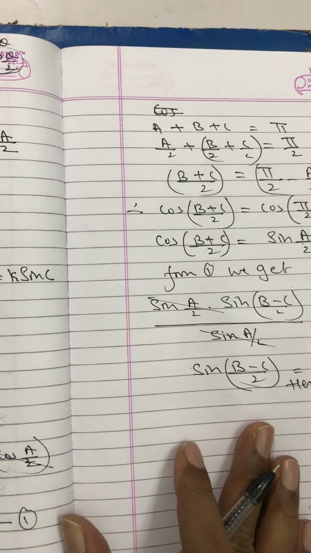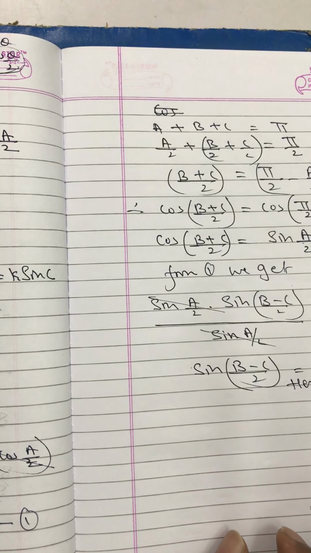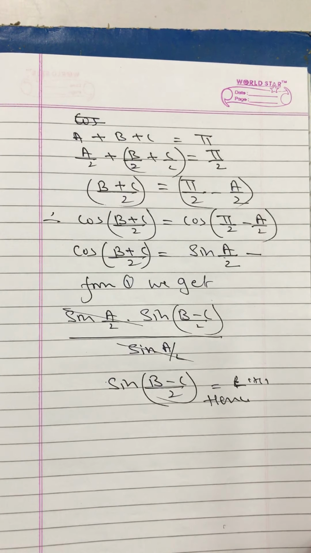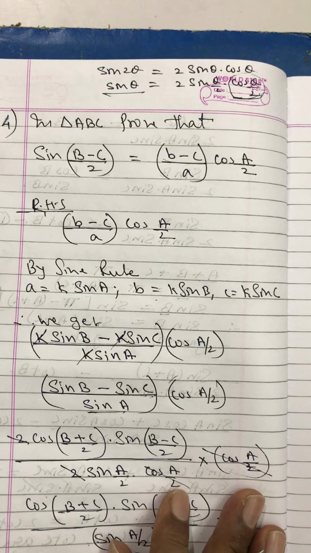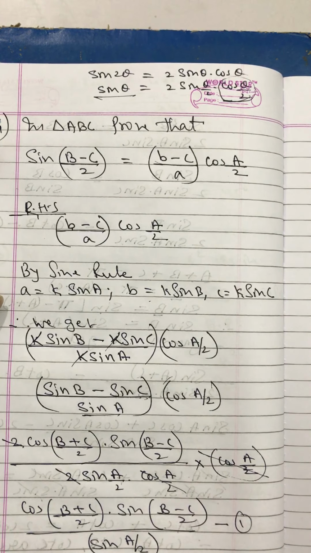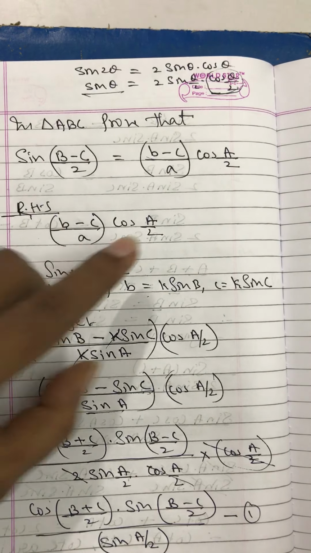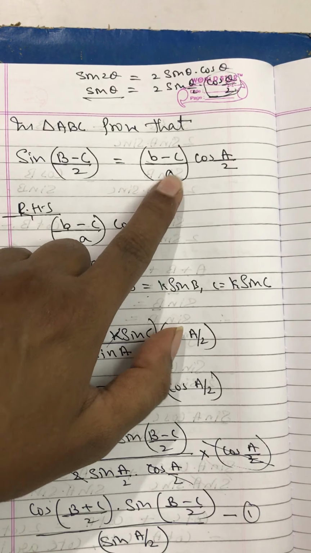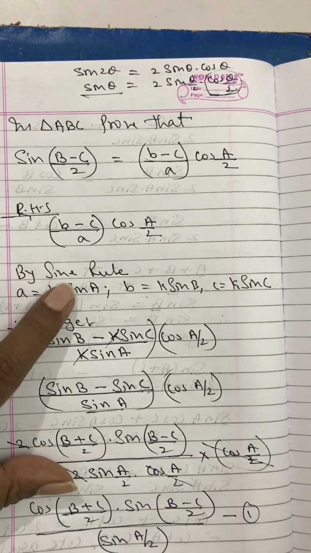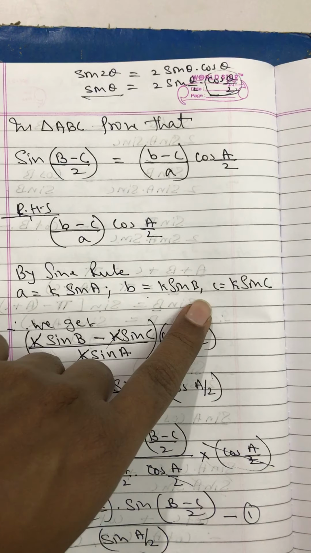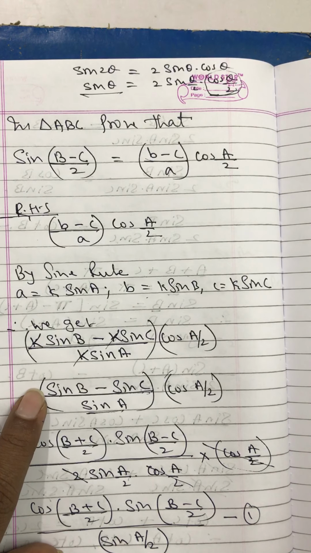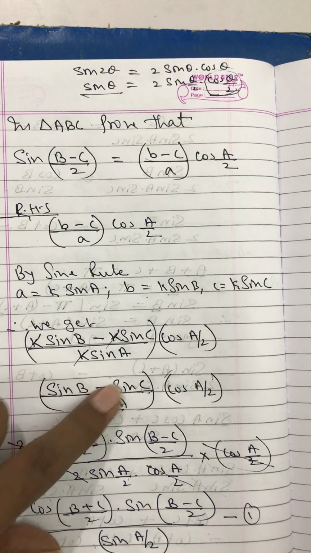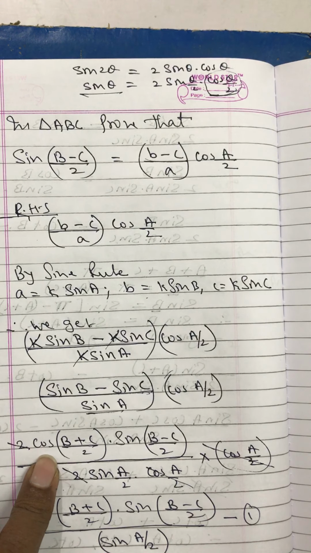Okay my dear students, this is how we will be getting question number 4. We have finished with question number 4 now. It is simple. You can have a look once more, and of course take down the questions. You will have to solve these questions. So basically we started with the side with A, B, C. We substituted A, B and C with the help of sine rule, and then we went on solving. K got out as a common factor and then it got cancelled, and for sin B minus sin C I used the expansion formula.